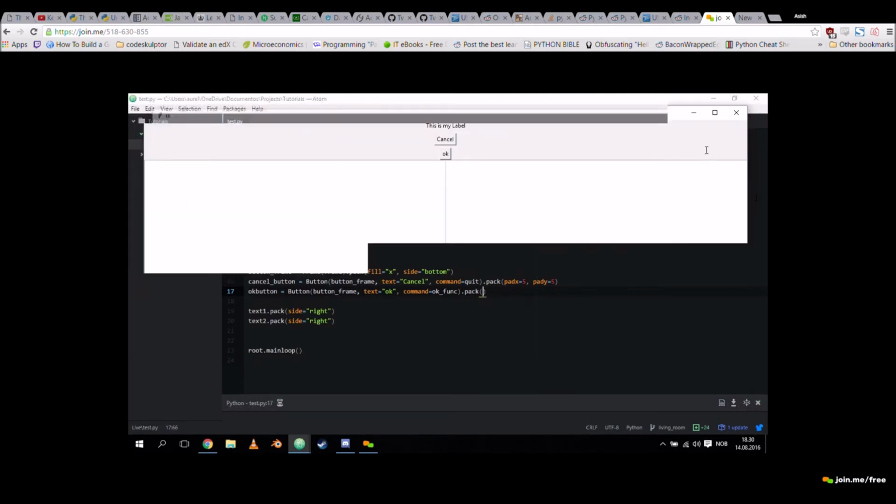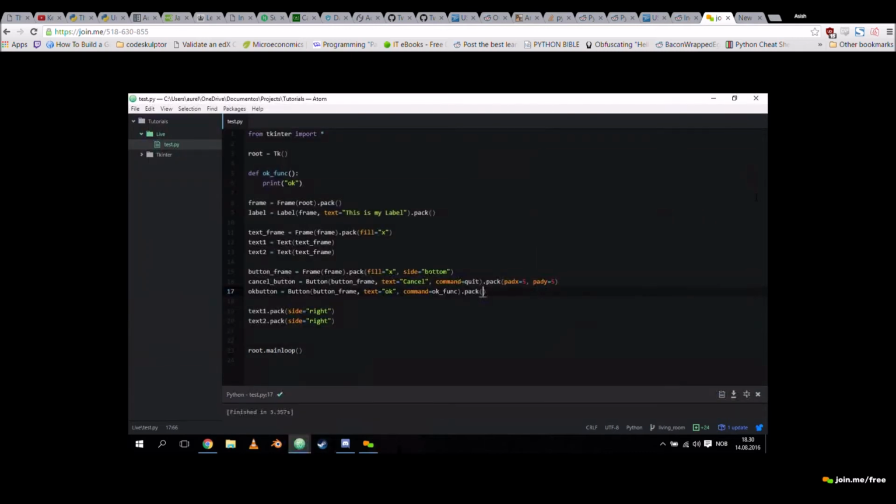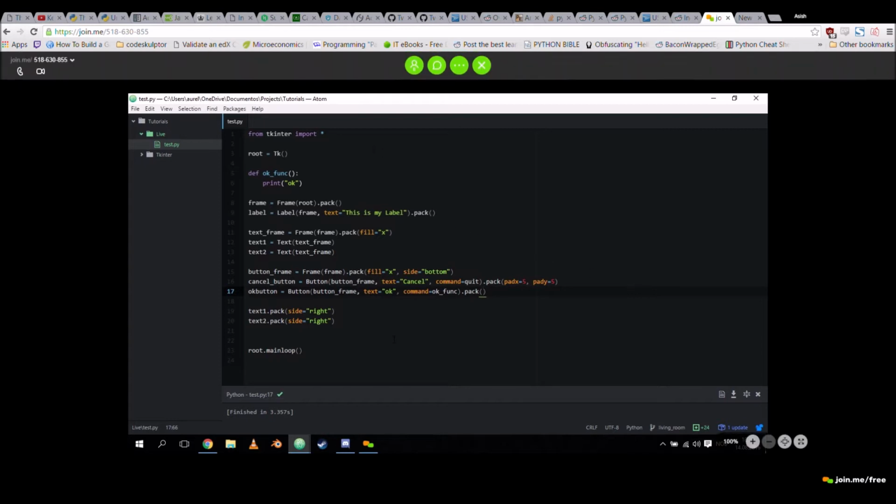Now we get it up top, even though it says side bottom. You just cheat a little bit. But this is kind of the thing that you end up with when it comes to Tkinter almost endlessly.